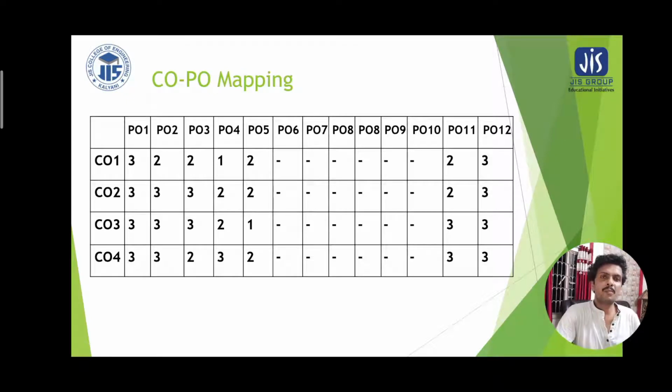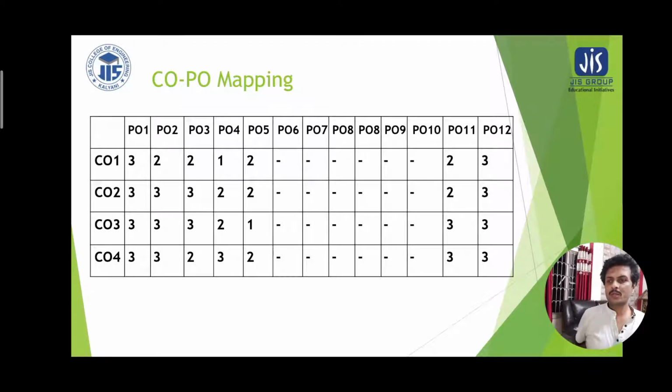The course outcome, program outcome mapping is having several weightage depending on the high, medium and low, which are numerically weighted by 3, 2 and 1. We have an explanation of such course outcome versus program outcome, because program outcome is assigned by National Board of Accreditation. There are 12 program outcomes which are mapped to the course outcome.